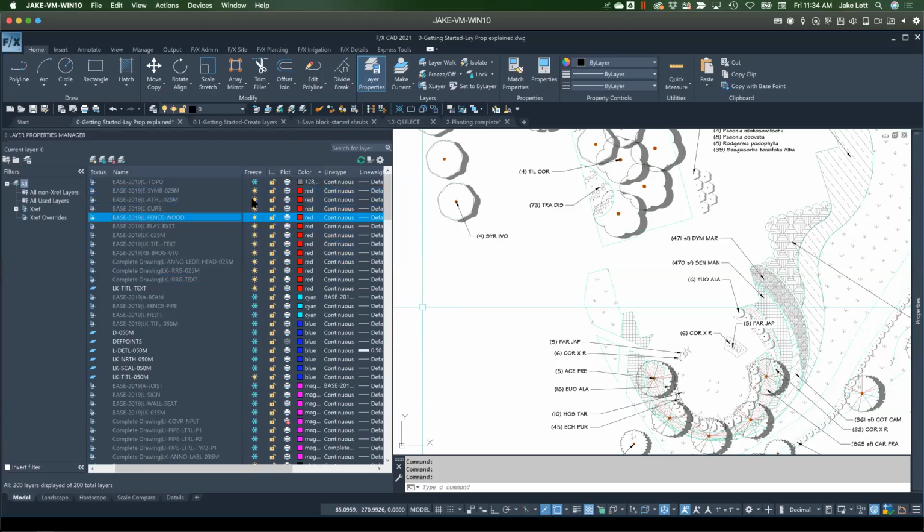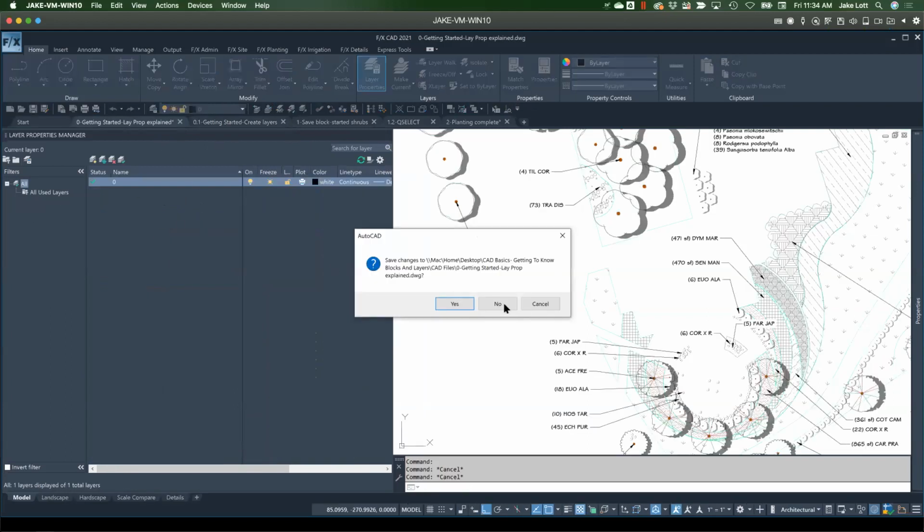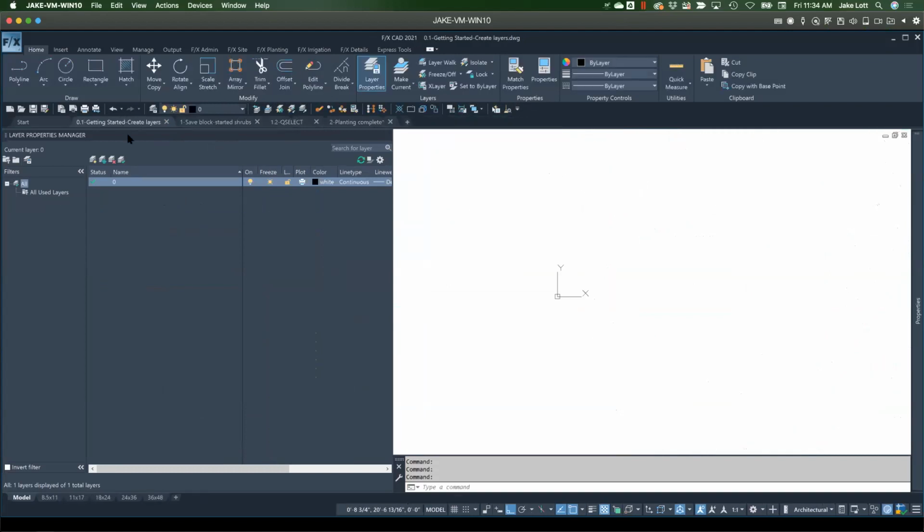But here's where we're going to kind of move over now. I'll close this guy because I don't need him, as we are going to create some layers. So we're here in our layer property manager still, and there are these four different buttons up at the top. And this is where you start creating or deleting or setting current your different layers. So if we're going to make this very, very simple,